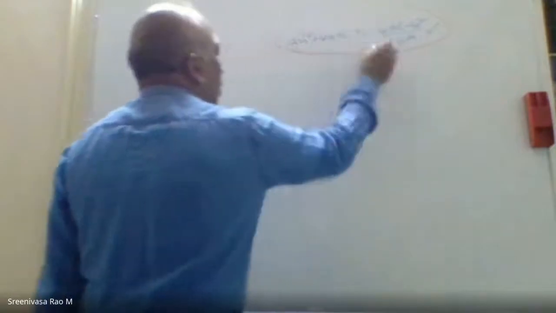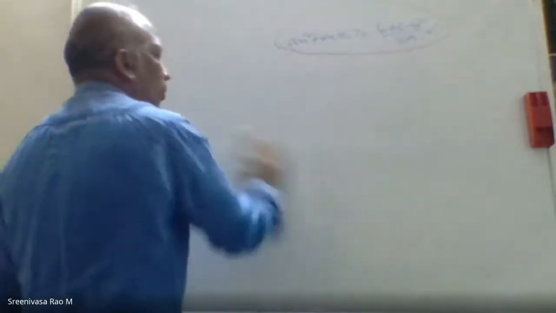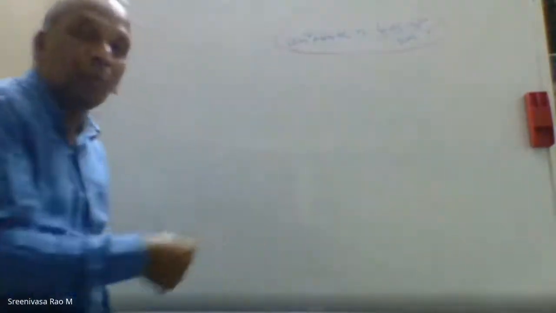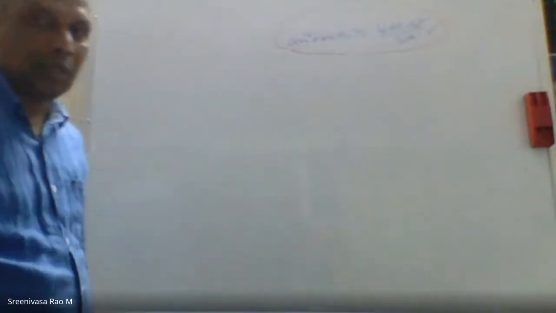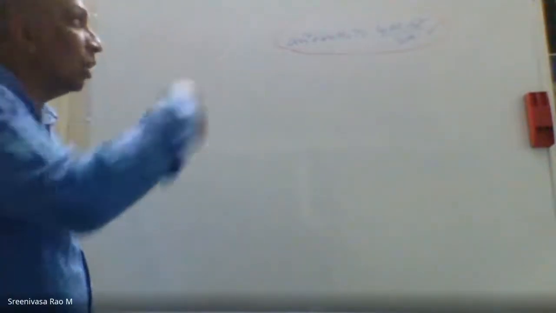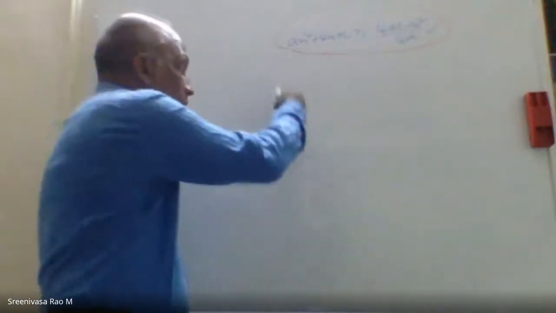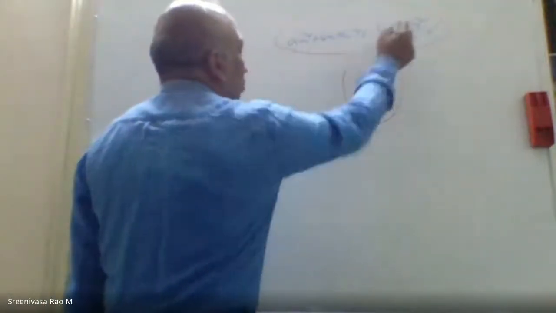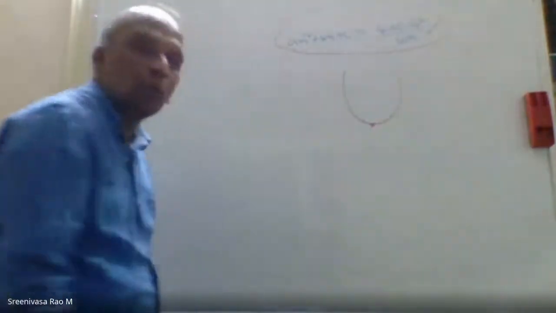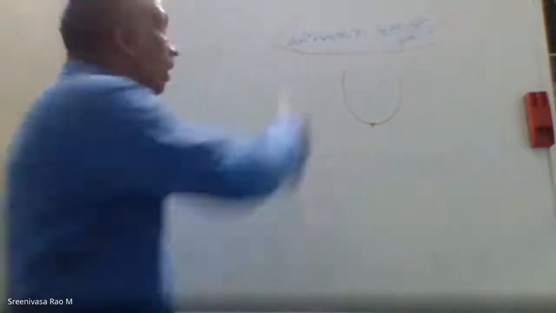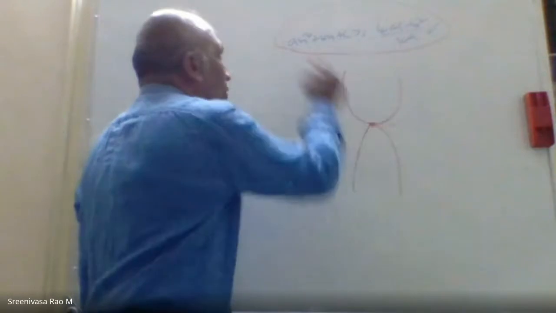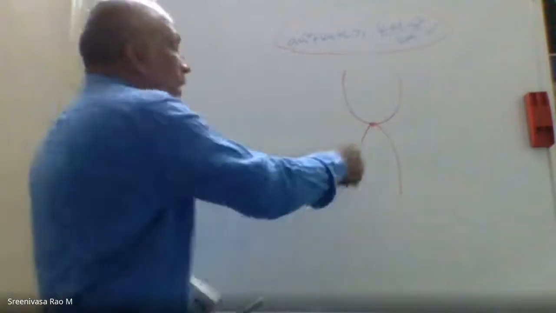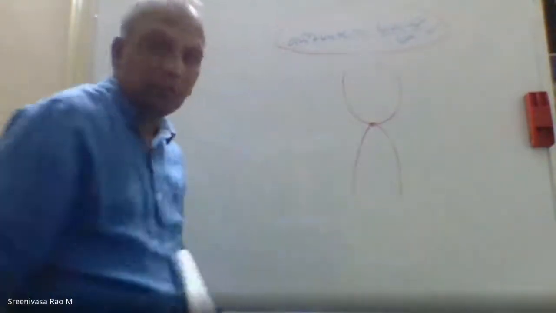Even you remember this is like a maximum value, you can also remember. When a is positive, this is the minimum value of this function, 4ac minus b square by 4a. In quadratic, that we learned. When a is positive, the graph will come like this. It will be an upward parabola. Here you will get the minimum value. This will be 4ac minus b square by 4a. More than that, the function will come. When a is negative, the parabola will come like this. Same thing, it will come with a maximum value. In this case, we will write less than or equal to. Only that is the difference.